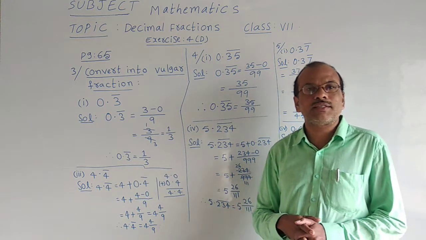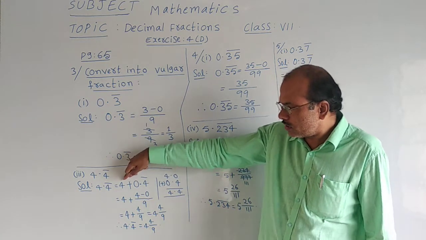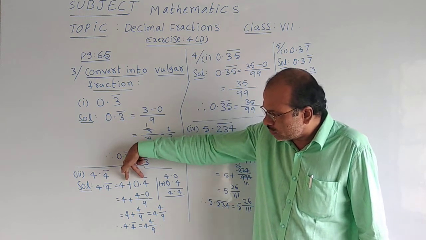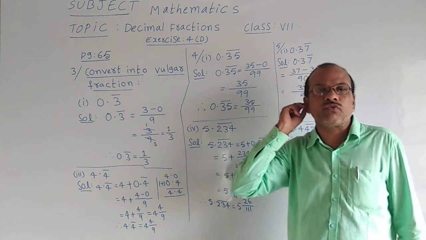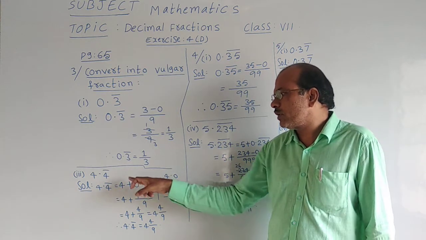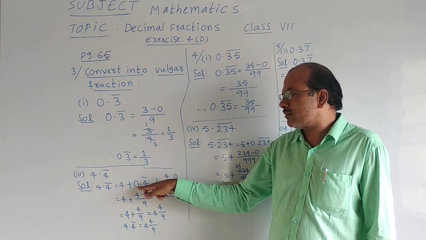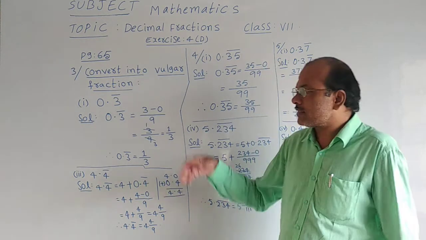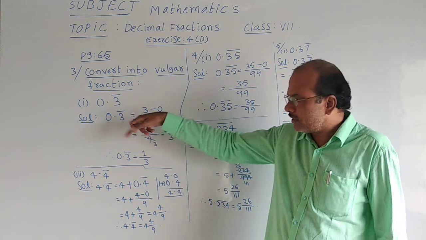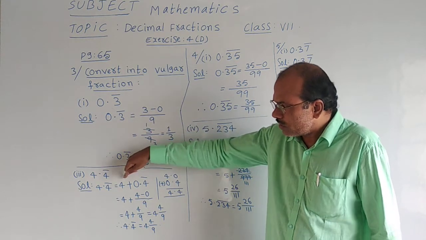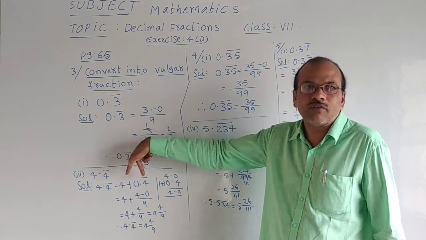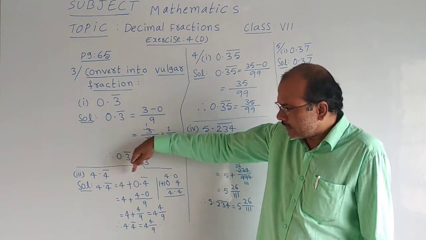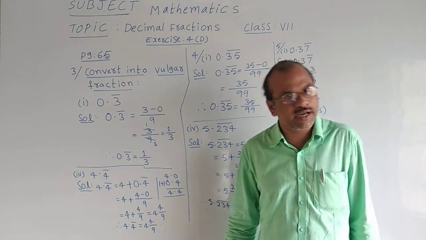So from that we can write this step. Is it clear now students? So by adding a whole number with a decimal fraction or a decimal number, both we will get the given question 4.4 bar. Why should we do like this? Because we want to get 0 in the starting place. That's why we have to get like that. As I said earlier, here is a 0 starting. Like that here also we have got 0 when we read that question like this, with addition of 2 numbers. It is a whole number and it is a decimal number or a decimal fraction.